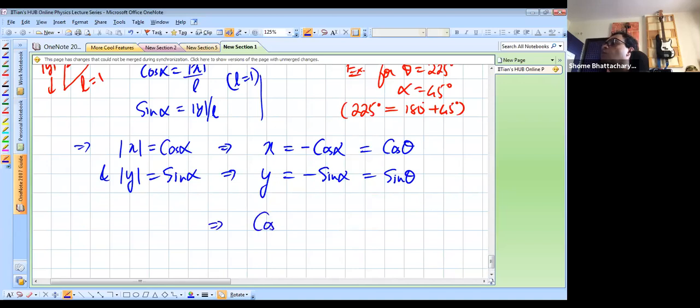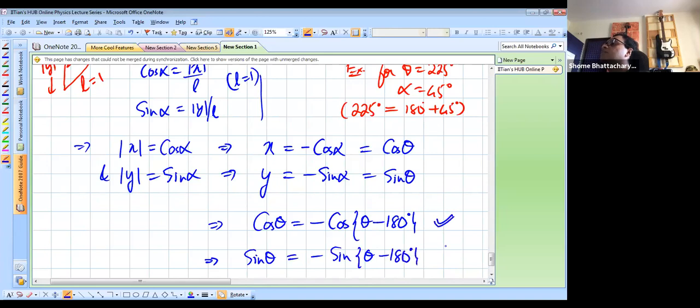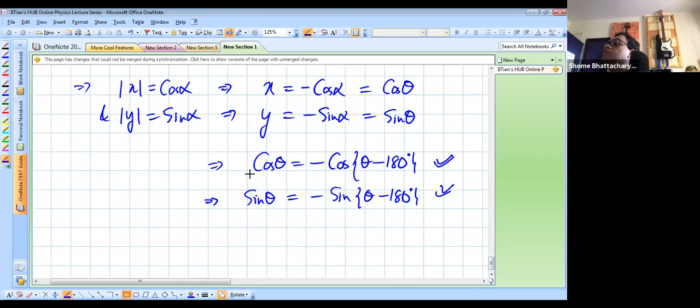We are getting the formula that cos theta is minus of cos of theta minus 180 degrees, because alpha was that, and sin theta is also minus of sin of theta minus 180 degrees. So these become our formulae for the third quadrant. I'm just going to first of all box these formulae, and then take you through a quick refresher